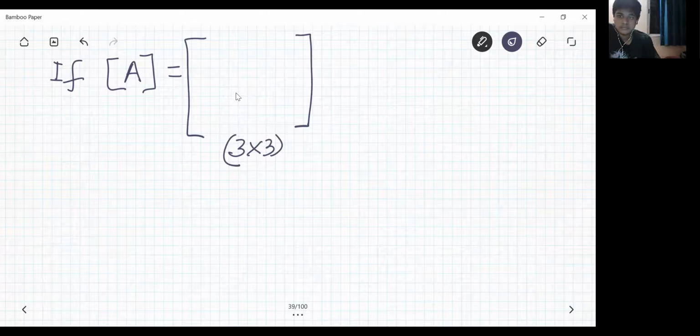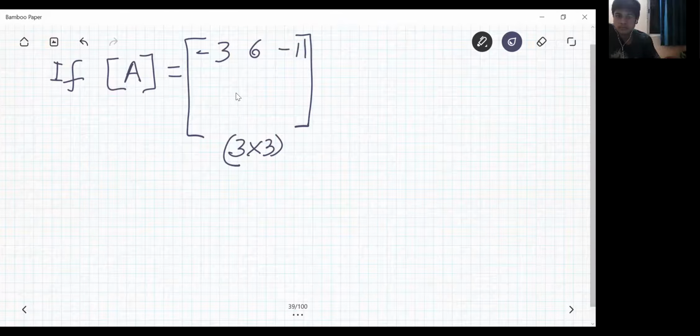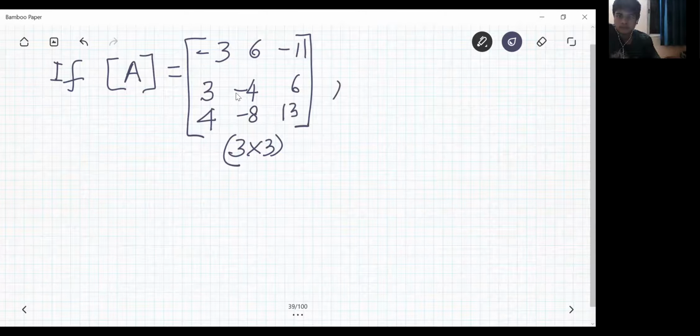Let us say it is minus 3, 6, minus 11, 3, minus 4, 6, 4, minus 8, 13. So if A is equal to this, find